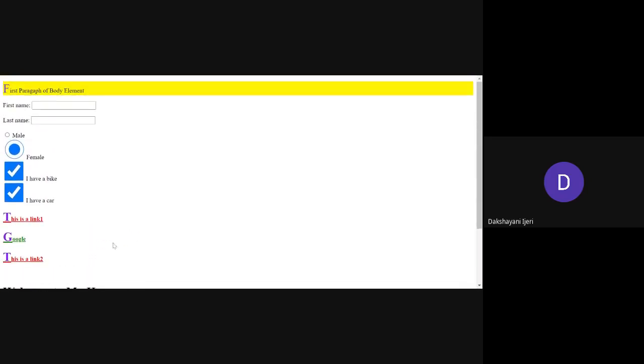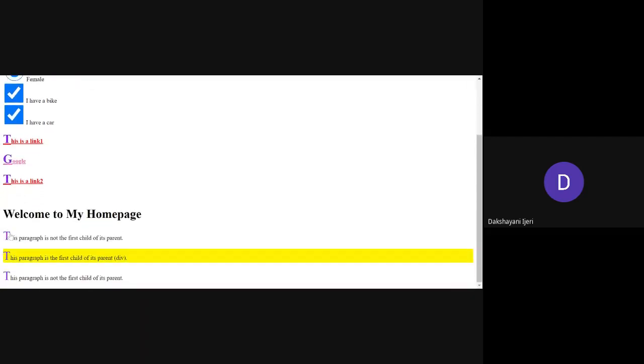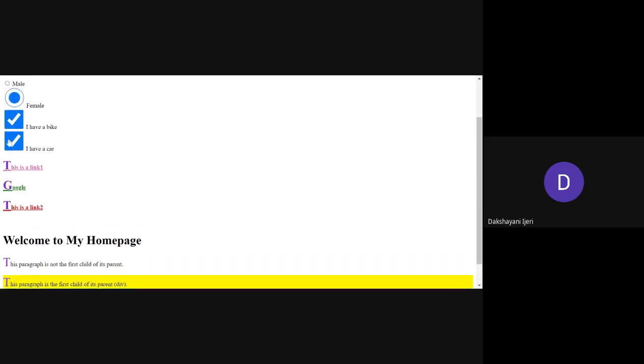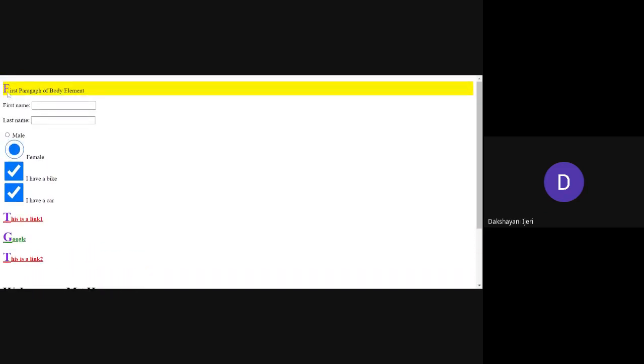One more thing: whichever content you have created with paragraphs, the first letter of every paragraph has been applied with the properties that have been set. That is, the first letter appears with a specific size, 200%, and with this color. You can see here all these letters appear with those properties, being the first letter of every paragraph element.